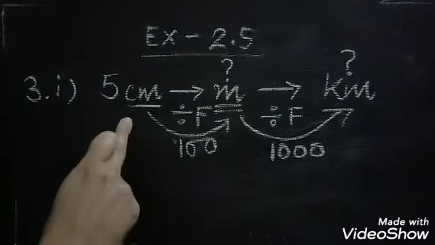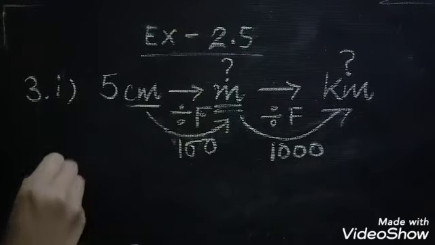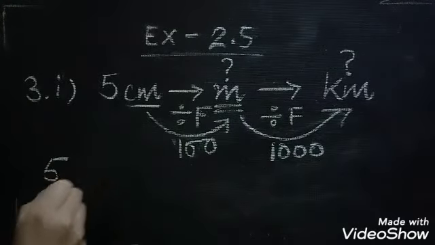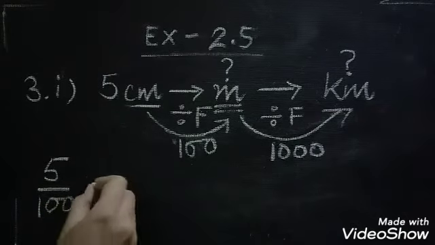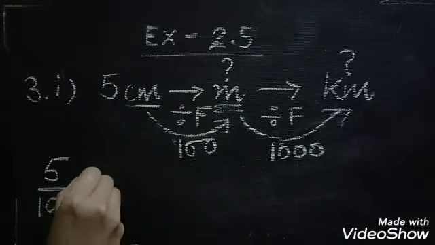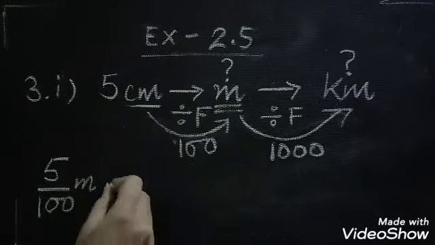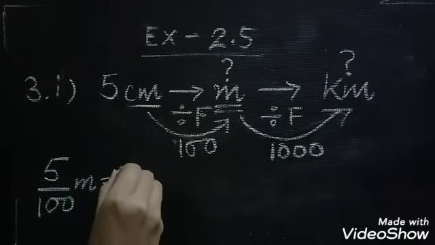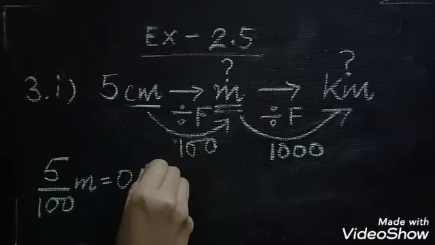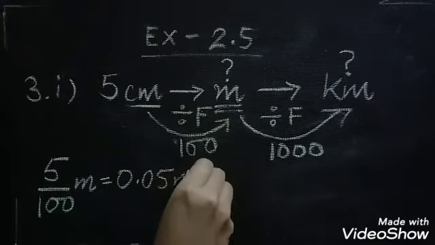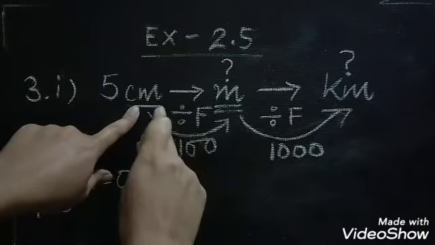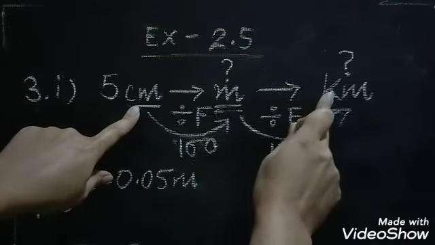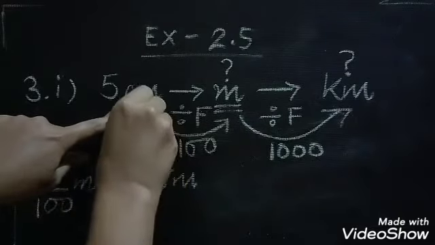Now 5 centimeter into meter, you will write 5, then you will divide by the conversion factor, that is 100. So these many meters are 5 centimeter, which is equal to 0.05 meter. Then when 5 centimeter is converted into even bigger unit, which is kilometer, then it goes right from